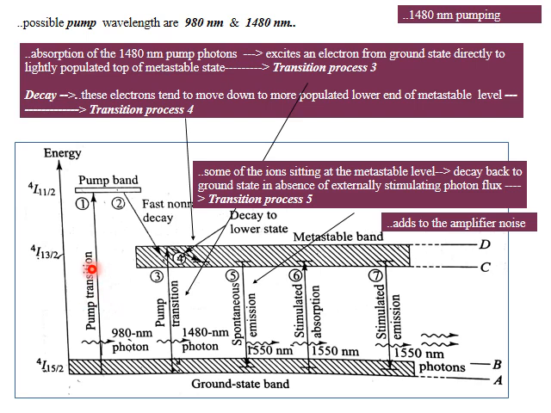Okay, so this is the first difference. That's why 980 nanometer pumping is more useful than 1480 nanometer pumping. This is a very important point, underline this. Why is 980 nanometer pumping advantageous? Because in 980 nanometer pumping, there is no spontaneous emission, meaning no falling down of Er ions, electrons, back to the ground state, hence no recombination, hence no noise or less noise compared to 1480 nanometer pumping.